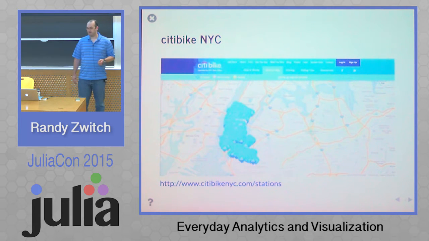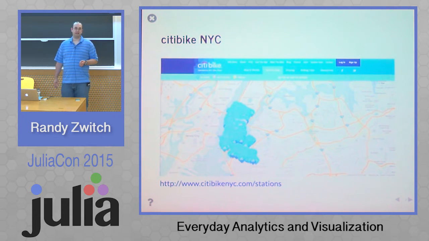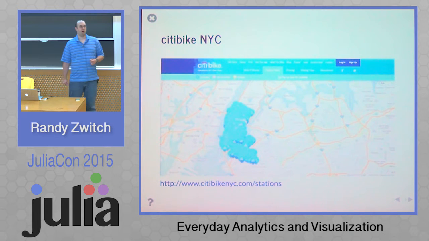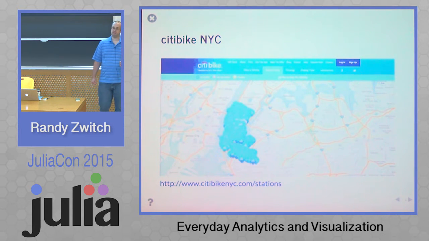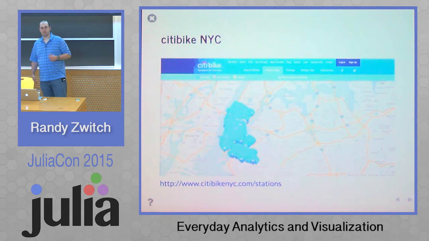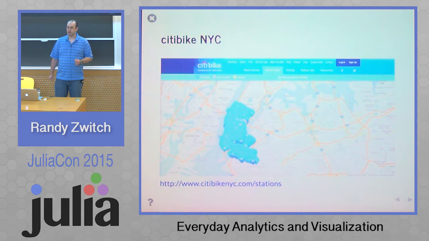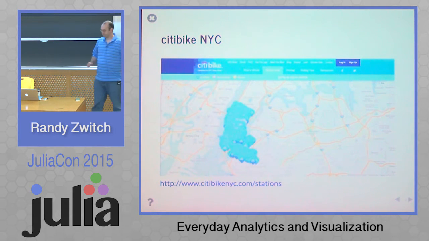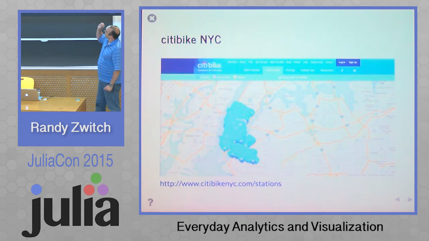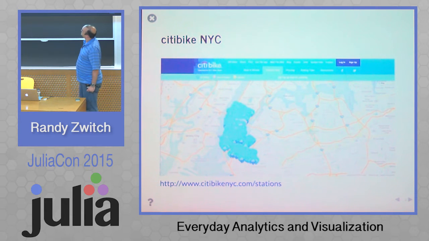What's really great about the City Bike New York City program is that they provide historic data as well as a real-time API that requires no authentication. They really want to encourage people to analyze their data and show the success of the program, as well as allow application developers to extend their functionality. Here's a quick picture of the website. Their visualization isn't so helpful because the bike arrow icons are so big that it basically just shows you where Manhattan is.